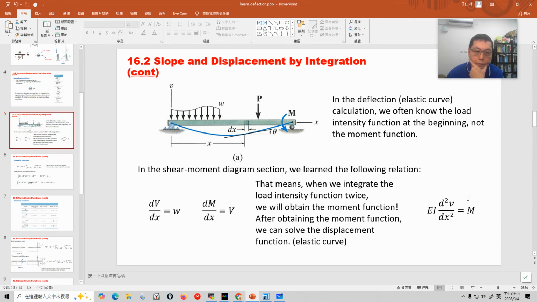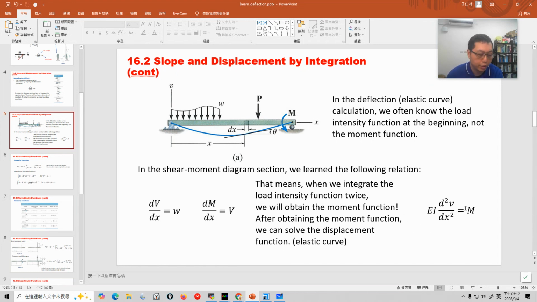Here is the differential equation, and we also need a boundary condition to solve the elastic curve or the deflection. To solve this differential equation, we need to know the moment function. But for this type of problem, we rarely get a moment function directly. The situation we often face is that it gives you the loading function, and then you have to integrate the loading function twice to get the moment function, then solve the